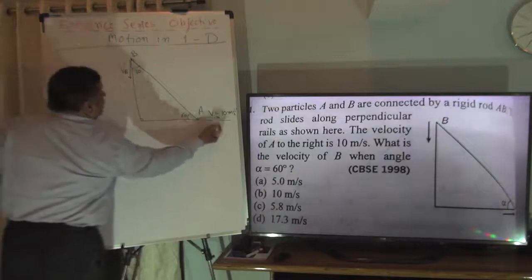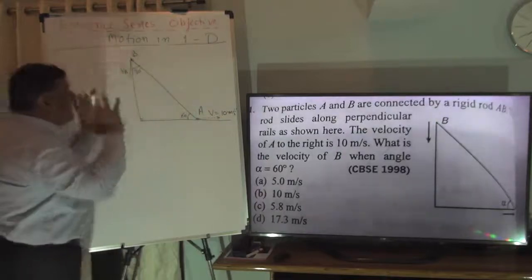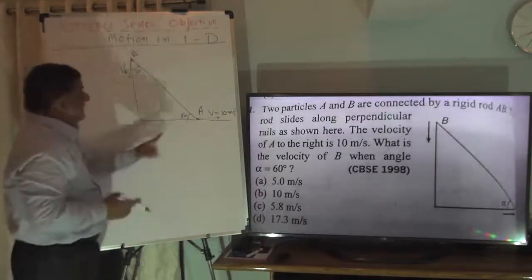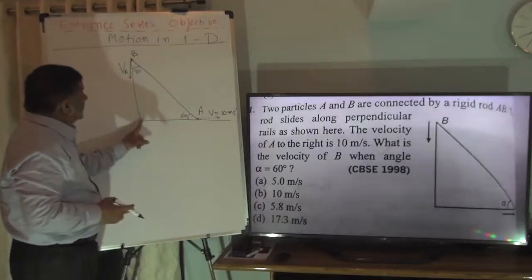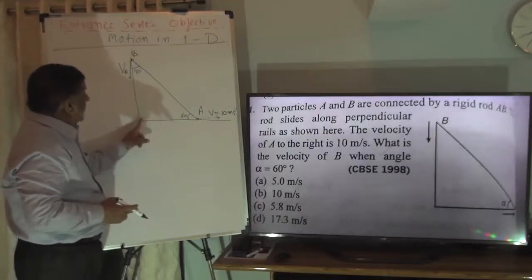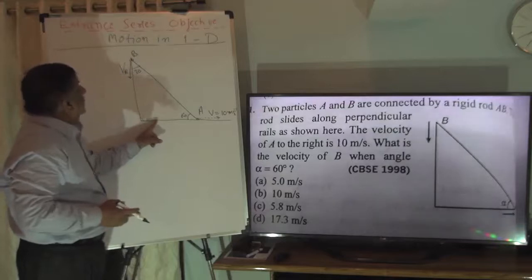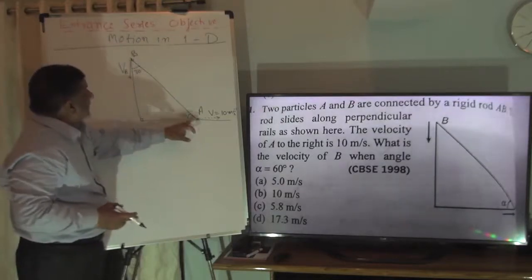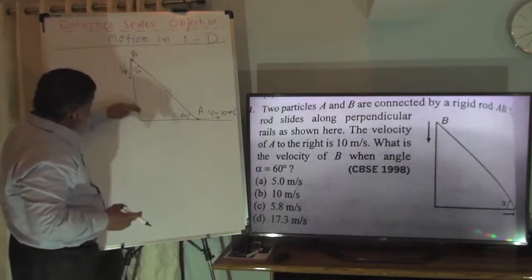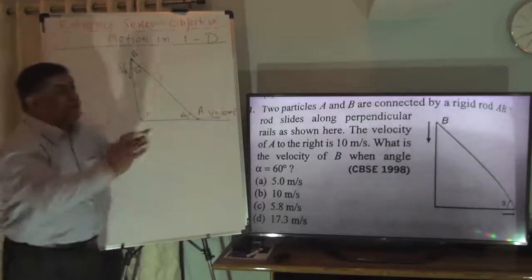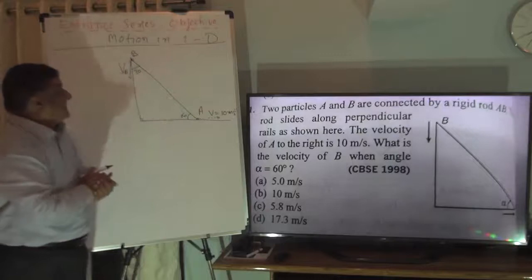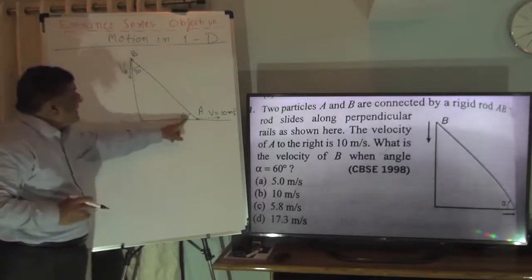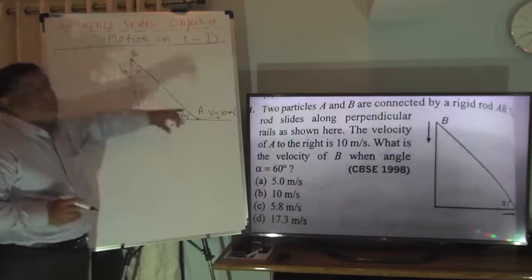This is going here, this is going down, and we can prove mathematically that initially this was going from here slowly. This is coming here. After some time, this will become slow, this will become fast. There may be changes in velocity, and with every angle, the velocity for the two is different.